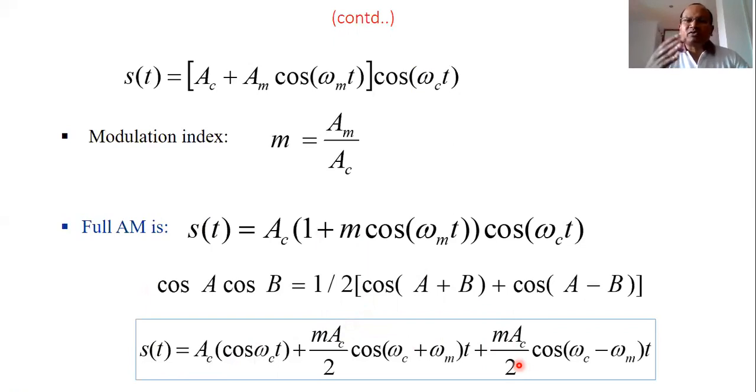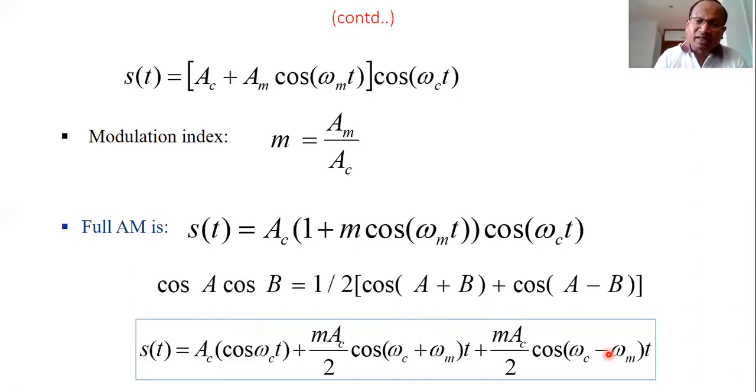The expression for amplitude modulation has become AC cosine omega ct. Can you see here? What is this? Carrier signal. AC cosine omega ct is the carrier signal. What are the other two terms? Omega C plus omega m is representing the upper sideband component, and omega C minus omega m is representing the lower sideband component. Although a single frequency cannot represent a sideband, it must extend from some frequency to another frequency.